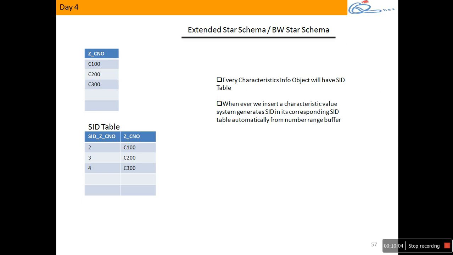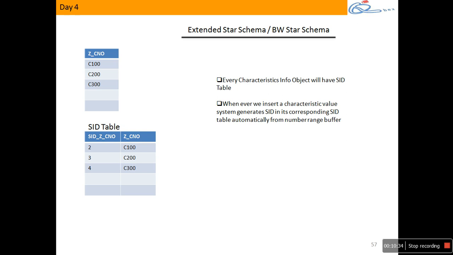See, in BW, the basic object is the InfoObject. Either you create a container called master data, or you create an InfoCube, or you create a DSO, whatever it is, it's all going to be InfoObjects. So based on the requirement, you will create say 10 or 15 InfoObjects, then group them to create an ODS, or group them to create master data, or group them to create your cube. So to understand the master data tables and SID tables, we are starting with the InfoObject.